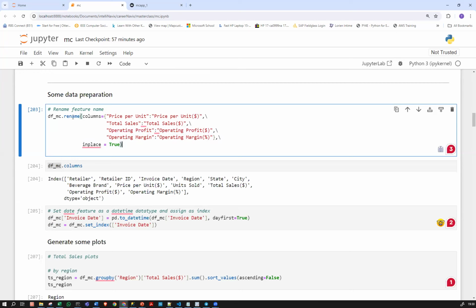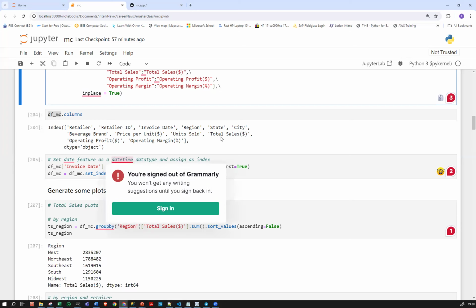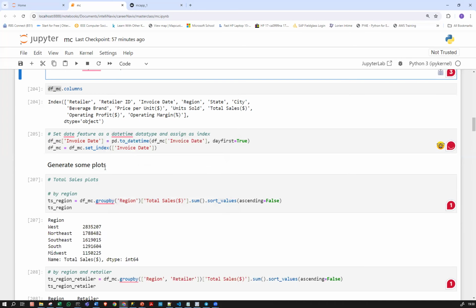You can rename a column in Python simply by giving the old name and then the new name. By the way, this is just because I'm writing this code on a different line. So to go to the next line, I just put my backslash. And inplace equals true means I want this effect to take place in my current data frame. So again, my focus at the moment is to generate plots. But just before then,